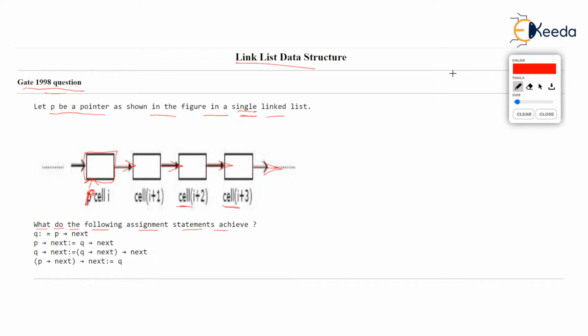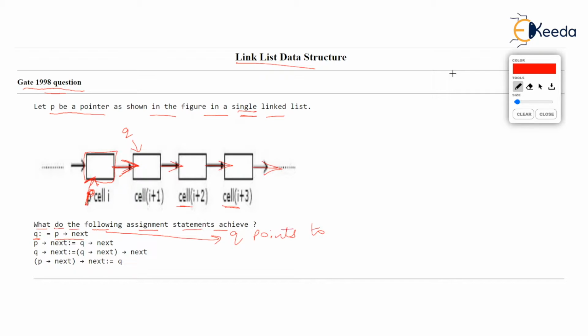Q must be a pointer, and Q will point wherever P arrow next points. So Q will point to cell I plus 1. So the answer for the very first line is Q points to cell I plus 1.